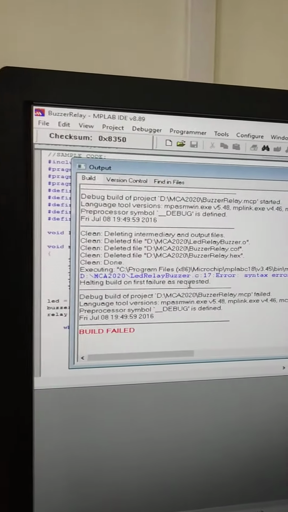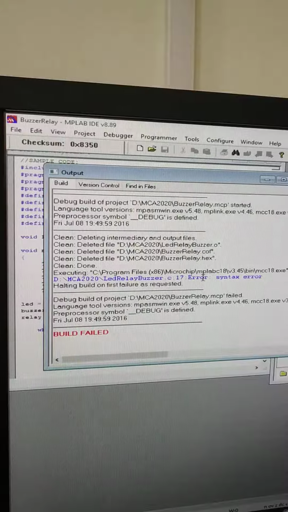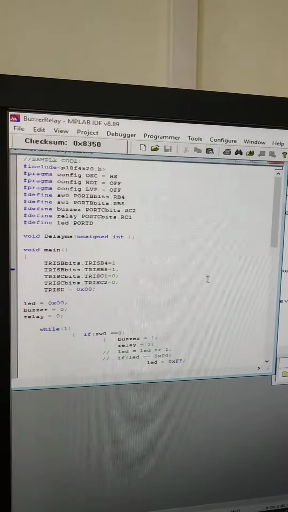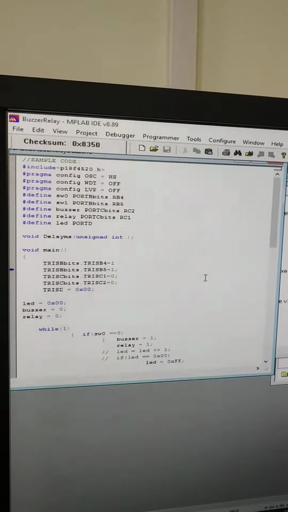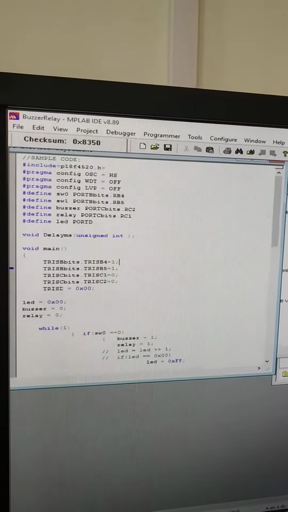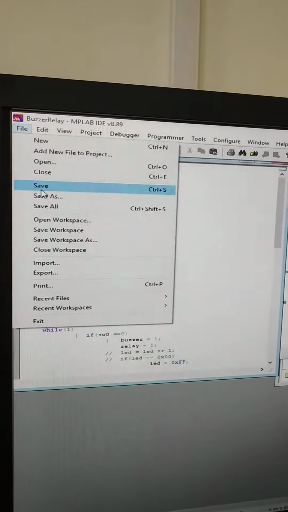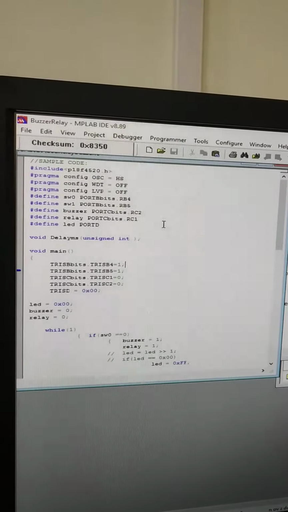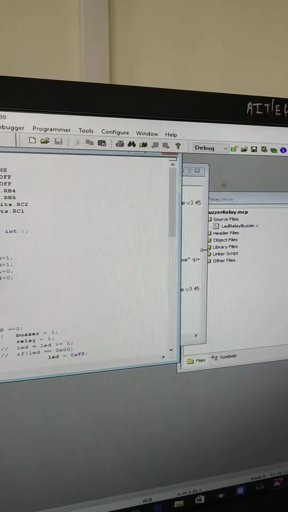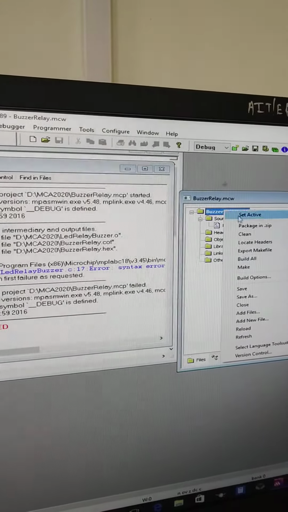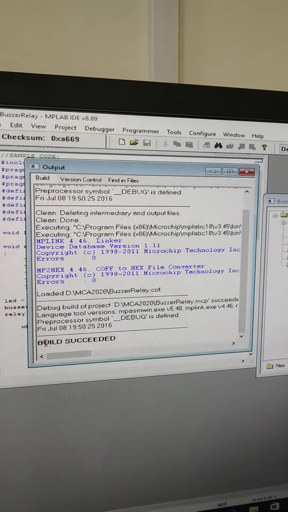You can see an error has arrived. So we just double click on this, and it says it is a syntax error. So you just missed out a semicolon. Since this is C code, we know that we need a semicolon. So you just put in the semicolon, went to the file and said save. Once you have saved this file, again you can go here and run the code. Build all. Now it is built successfully.